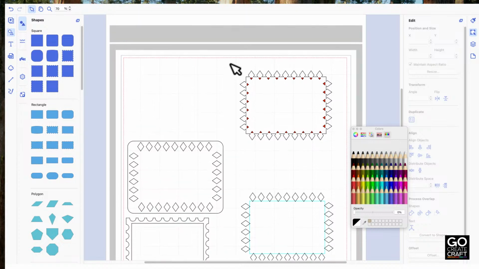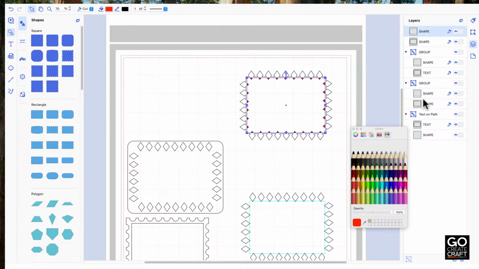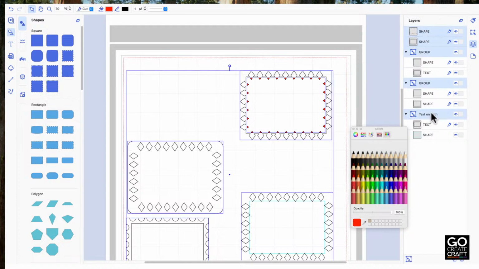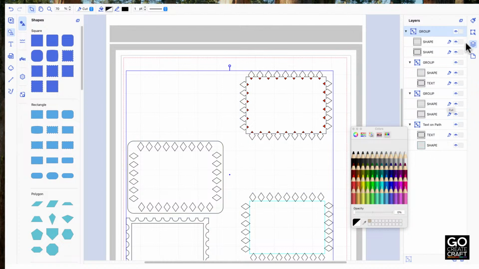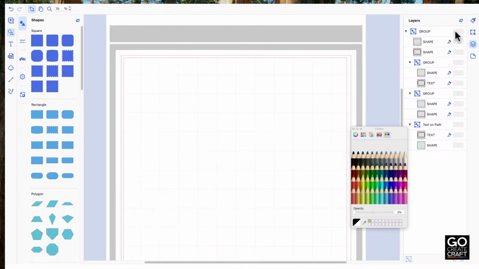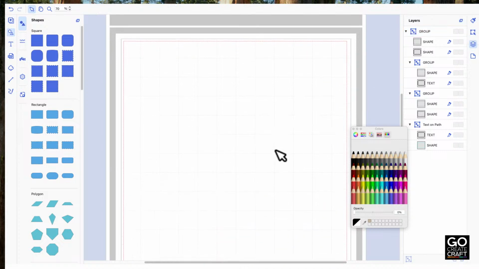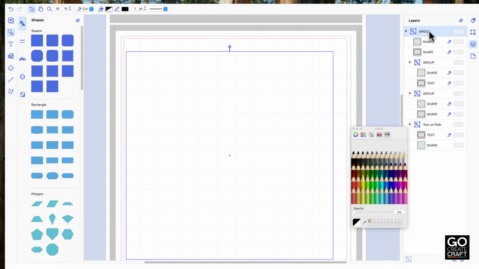So I did say very quickly I was going to cover duplicate and how we can use that as well. So let's group these elements together, and that should have absolutely everything grouped. So group that and hide, and there you go. One way of quickly clearing a mat. So if I label that group as being decorative edges,